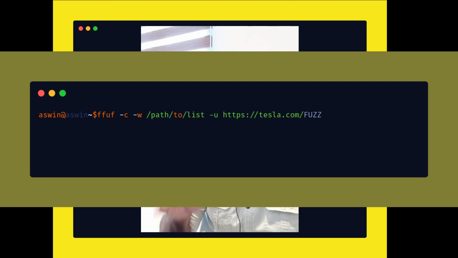For example, I am choosing tesla.com, which is a very large domain with a lot of targets and a lot of scope. You can test tesla.com. Then you give /FUZZ, and the word list given in the -w flag is inserted into that FUZZ string.